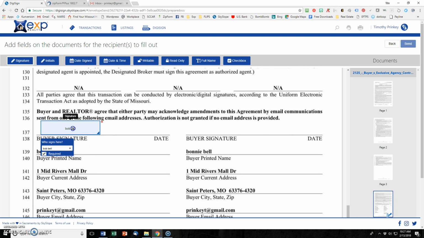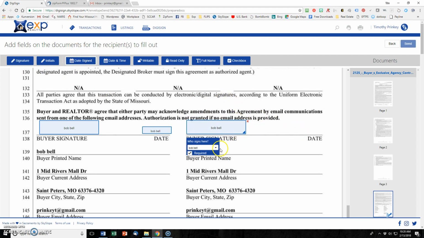The first time I did this, I would put the name right on the line, and that actually makes it end up below the line. So you move it way up in here like this. Okay, there's Bob's signature, and then a date signed. There's Bob's date signed right there. Okay, and then I need Bonnie. So there's Bonnie's signature, and Bonnie's, oh, I didn't click that. Bonnie, and then click over here for Bonnie's